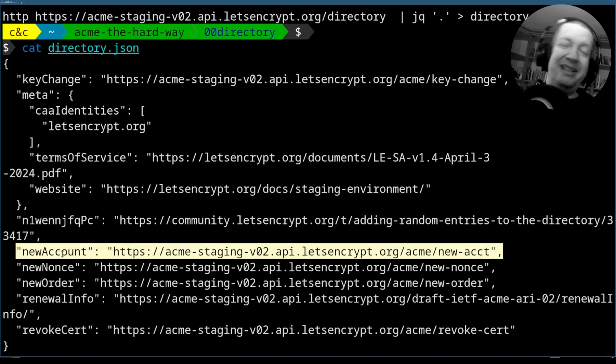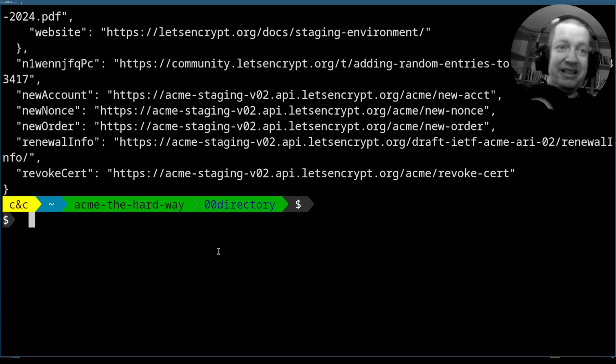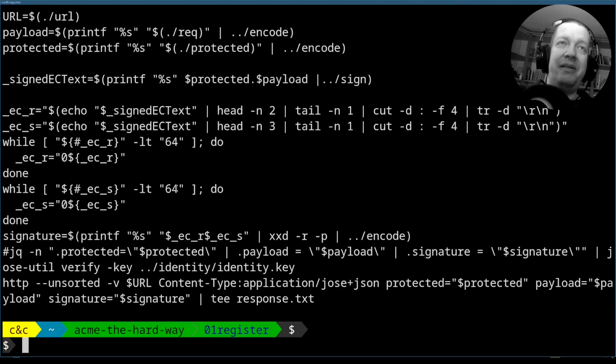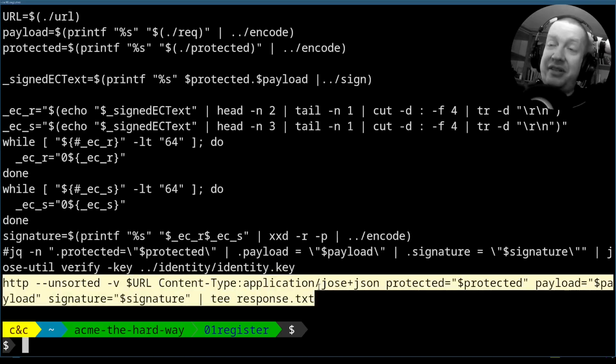So I need a new account, right? I have the private key. That's my identity. So let's post something to Let's Encrypt: okay, please create a user for me. We need JWS signed requests, which are slightly more complicated, but only slightly. I have a helper. I extracted most of it from acme.sh, which is a high-level tool that is way more complicated, but very powerful. What we will do at the end of the day is just send a request with this content type,